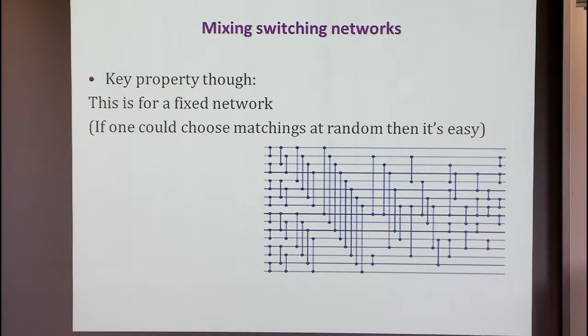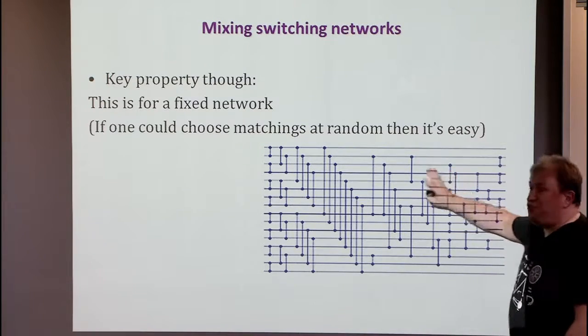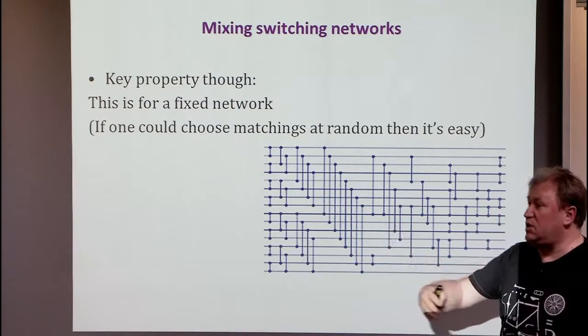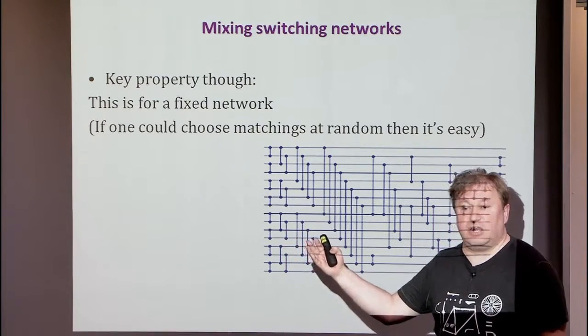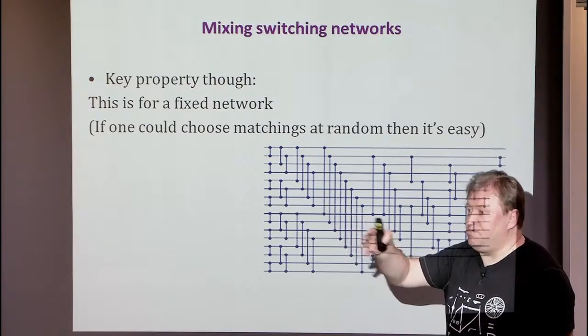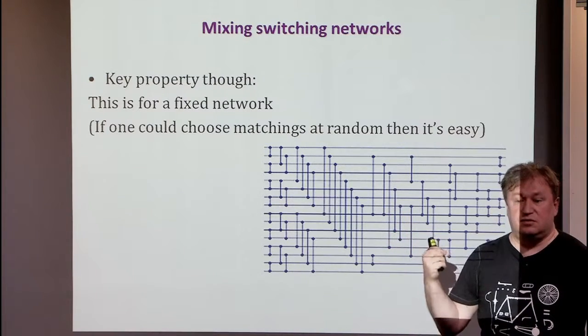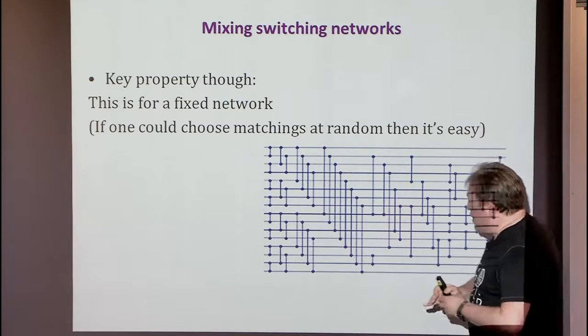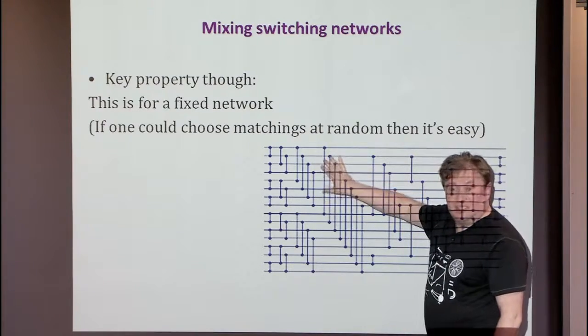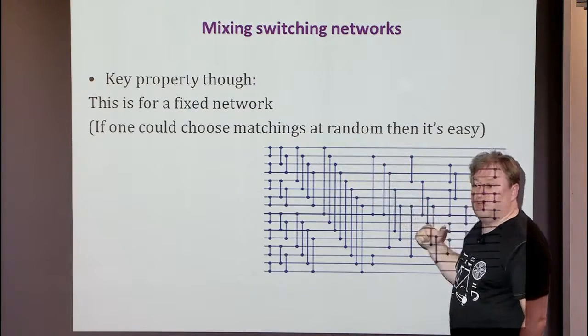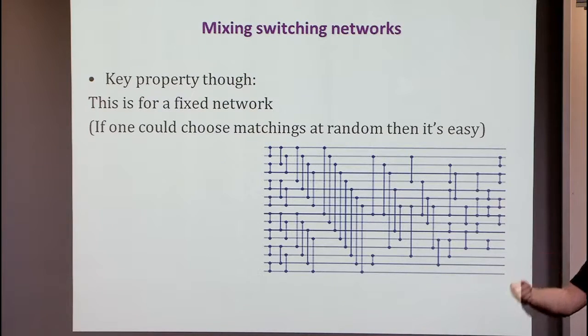Now, one should understand that there is a very important distinction between this and some other result that I will mention in a second: we're fixing the network in advance. The game is as follows. Someone gives me the set of all possible switching networks of logarithmic depth with a perfect matching between every two layers, and I take one of them, but then it's fixed, which means I cannot use the randomness coming from choosing a random network. So the input is a network, and for this network I'm showing that it will randomly permute 99% of